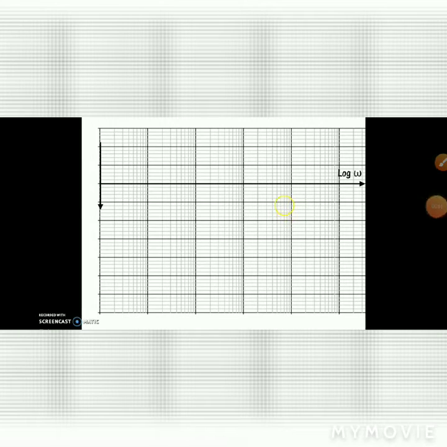So now we will draw the magnitude plot and phase angle plot. You already know the semilog sheet. These are some of the reference lines: 20, 40, 60 and minus 20 dB. The frequencies always start from 0.1, 1, 10, 100, 1000, 10,000. These are the frequencies. For that purpose only we are using semilog sheets. Then we'll draw the reference line.